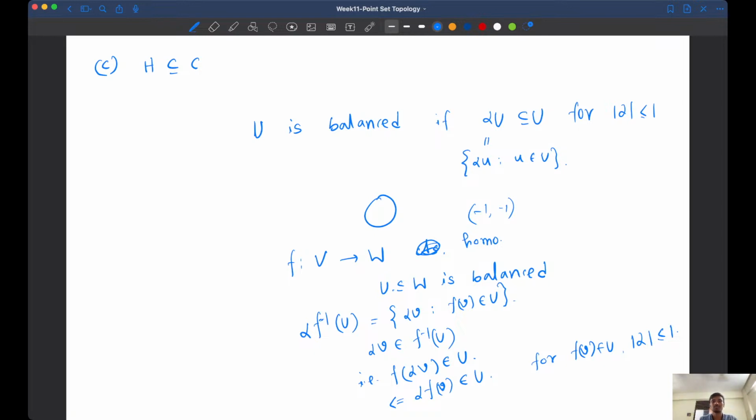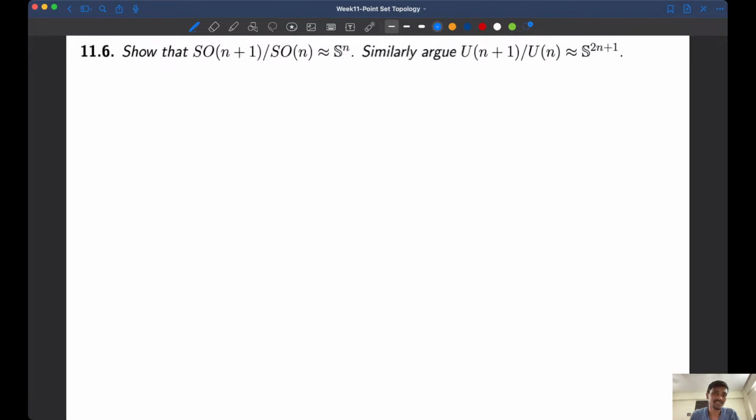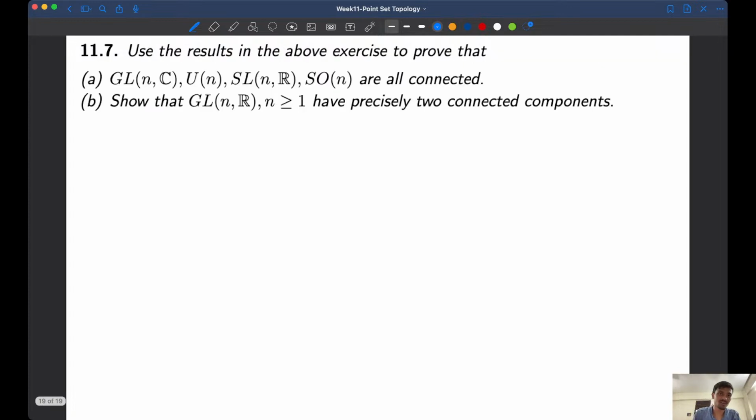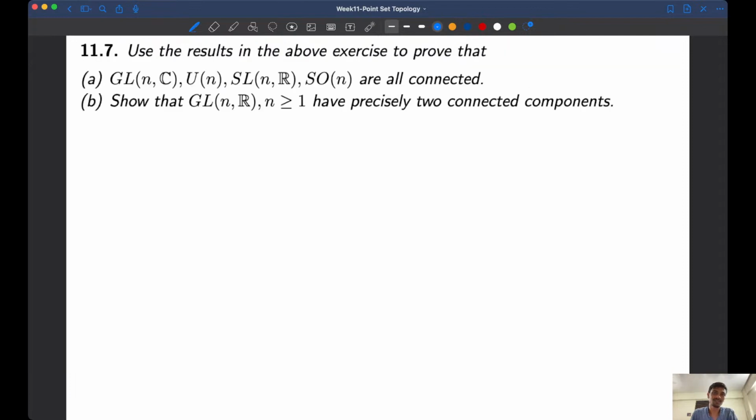So these are basically things where you have to play with the definition only. There are some more things, which I might discuss in the next tutorial. These are something important you previously mentioned, namely how to prove the connectivity of these sets. So basically these are important, and